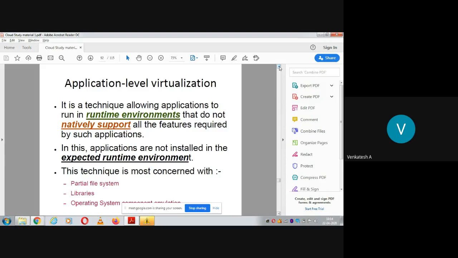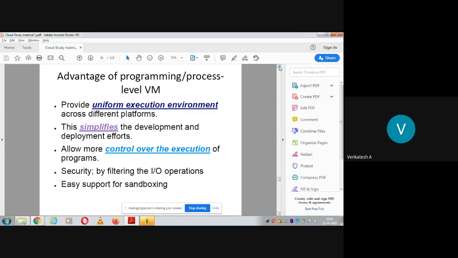Yeah, sandboxing means, say for example, if I say you have sandbox knowledge or black box knowledge, that means you know how to drive the car, but you don't know how it's been manufactured, or what technology they have embedded into the car, but you know the driving. So how to apply the accelerator, brake, clutch, and how to handle the steering.